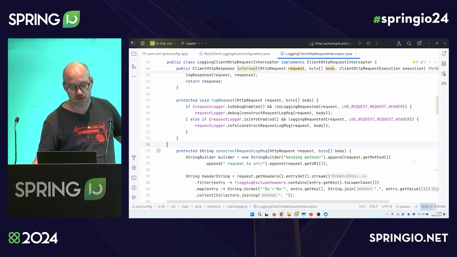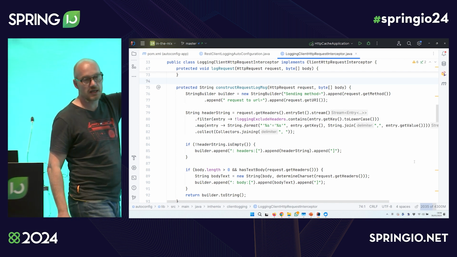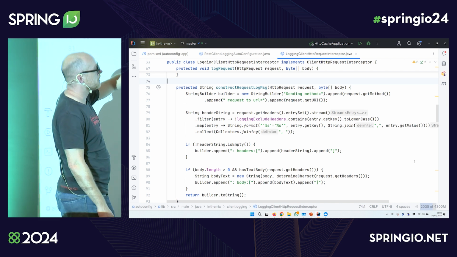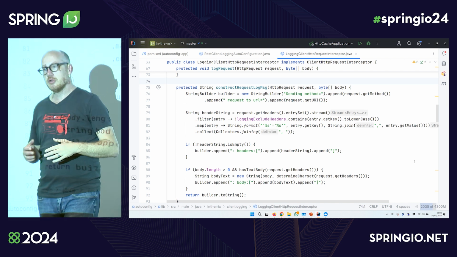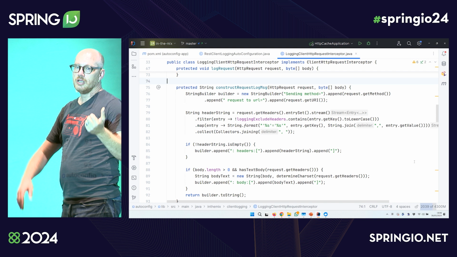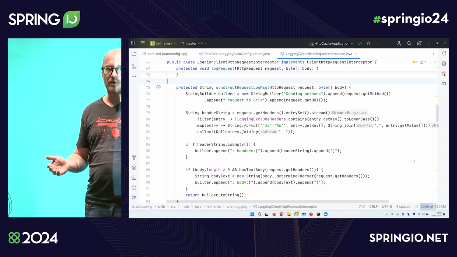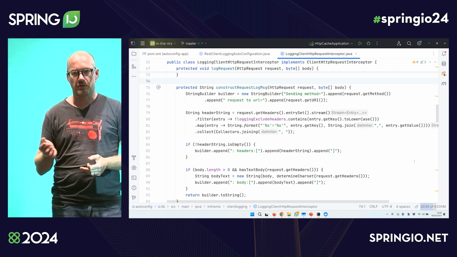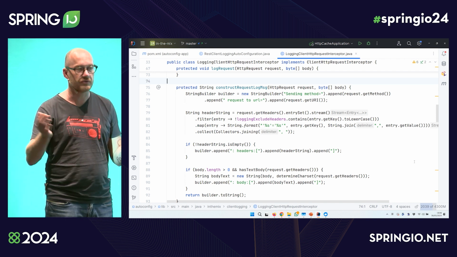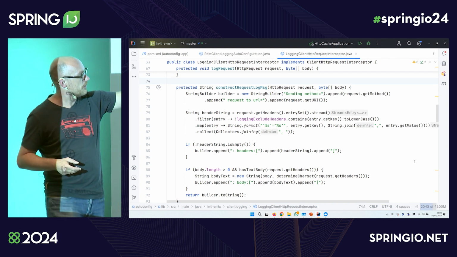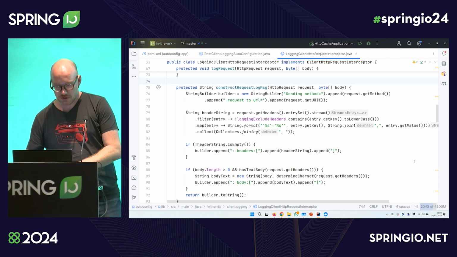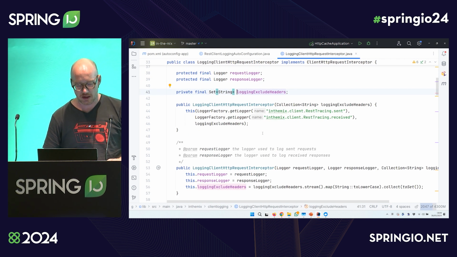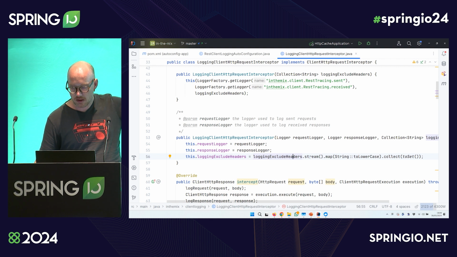If you look at how we create this log message, basically we want to see things like the HTTP method that we're sending, the URL that we're calling, and the headers. As an example of how to use configuration with auto configuration, you may not want to log all request headers all the time, or response headers for that matter. Stuff like accept headers, for example, are very often not very interesting to log, but they do take up space, they do take up money if you want to store these things. So in this case, what you can see is that we're checking if a certain header is in an excludes property that we have. And if you look at what this is, we're actually getting this thing from